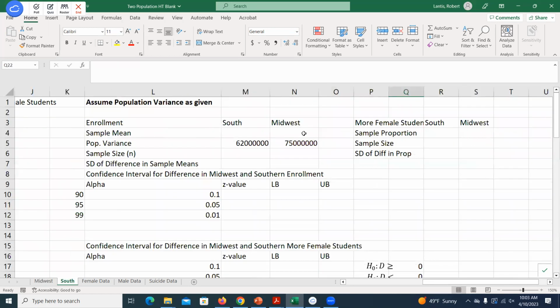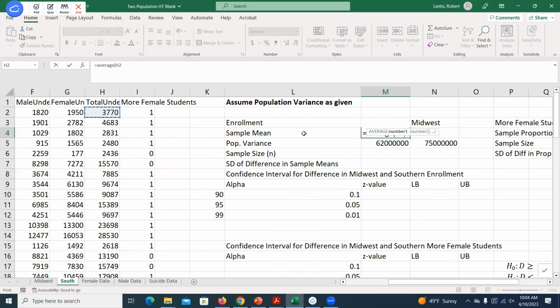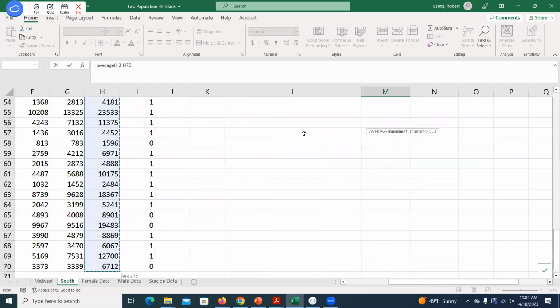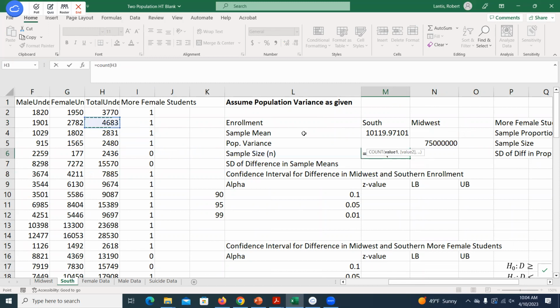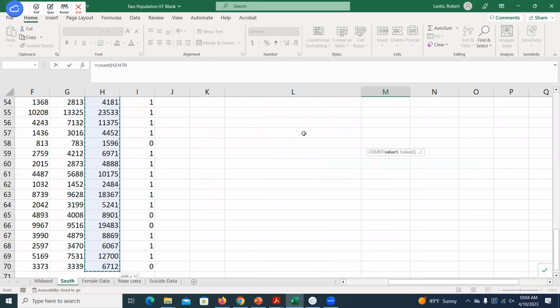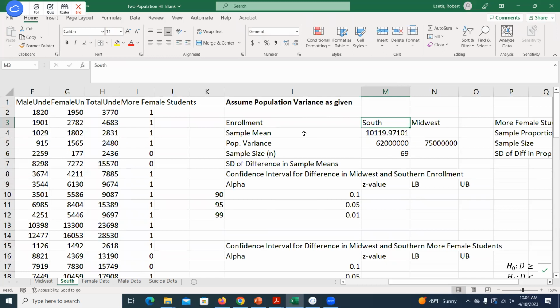We need the exact same thing for group 2. Right? So for the South, I need to find the average or the sample mean, and I go over, well, here's the total undergraduate variable in this data set. Control Shift, Command Shift on a Mac, hit the down arrow, hit enter. Right? If I want my sample size, use that count function, go over to that total undergraduate variable, Control Shift, Command Shift on a Mac, hit the down arrow, hit enter. I've now got my second group's sample mean, sample size, and once again, I had to be given this known